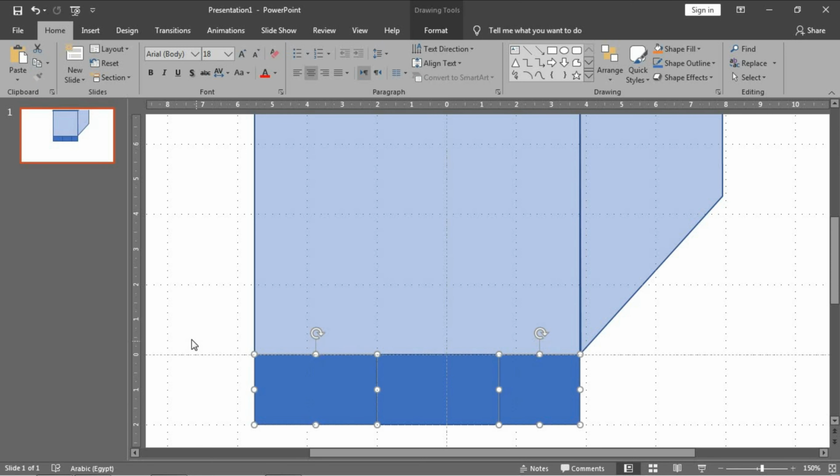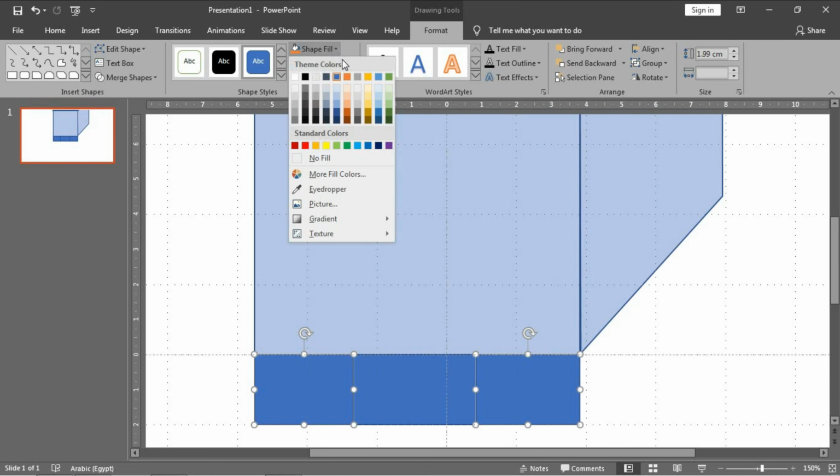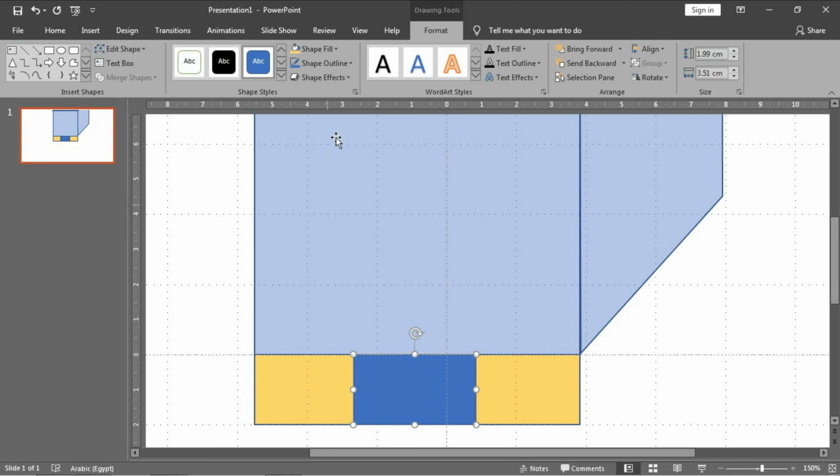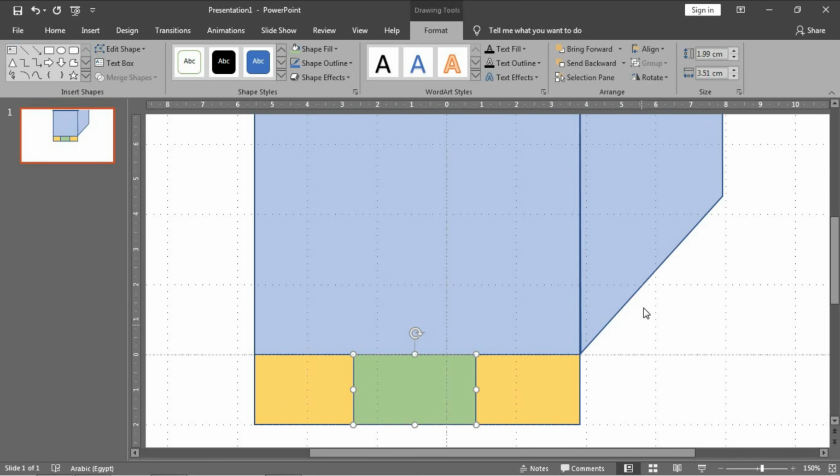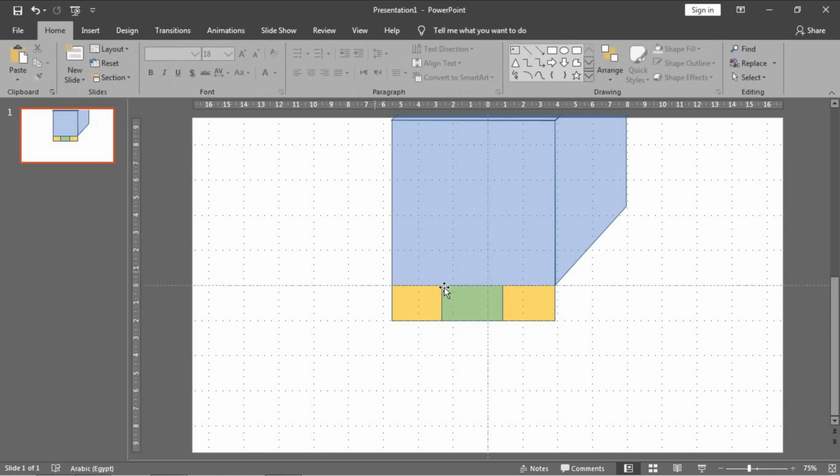Okay, these ones I will give them a unique color. Let it be this one, and green for this one. Okay, I will do the same thing for these lines,